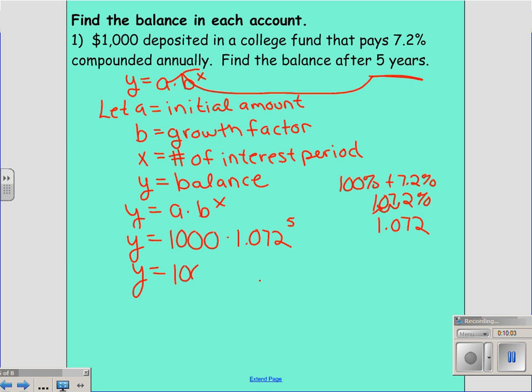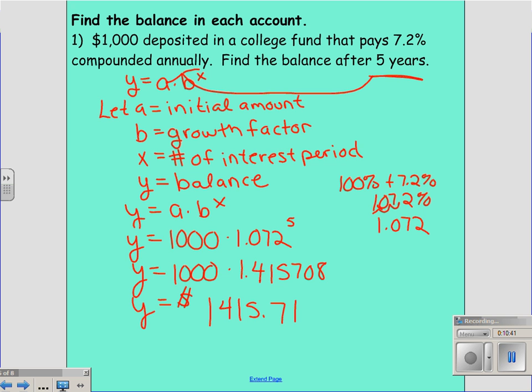So I'm going to do 1,000 here, and then 1.072 to the 5th power, and I'm just going to start writing some numbers. You guys can punch that in your calculator in case you don't believe me. But I went beyond the thousands place. I just want to make sure that I am as close to the correct answer as possible. So I went out 6 places there. There's not an exact amount, but definitely go out 4, 5, 6 places. Find a good place to round. As far as money is concerned, we know that money is rounded to the nearest hundredths place. So my final answer should be